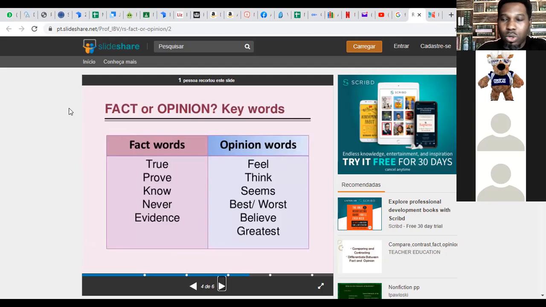How do you know something is a fact or an opinion? Something is a fact if it is true, if it can be proven, if it is something that is known. And when you are writing about fact, you use the word I know, not I think. I know, because it is a fact. I know for a fact. Then you use the word never. So if I say, for example,